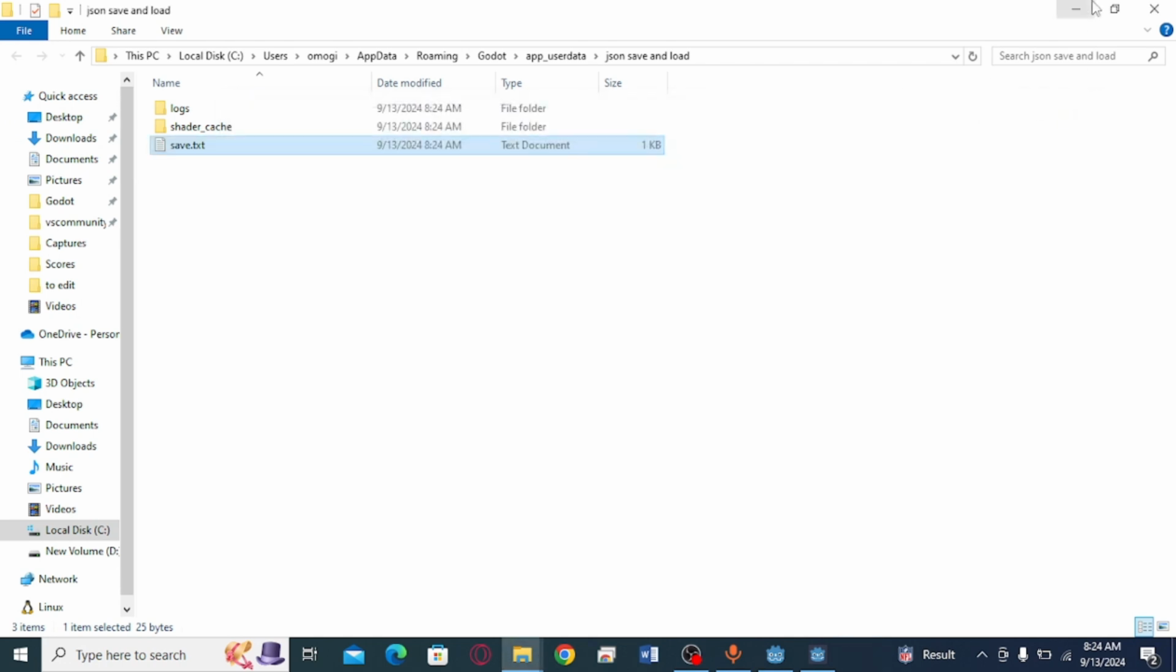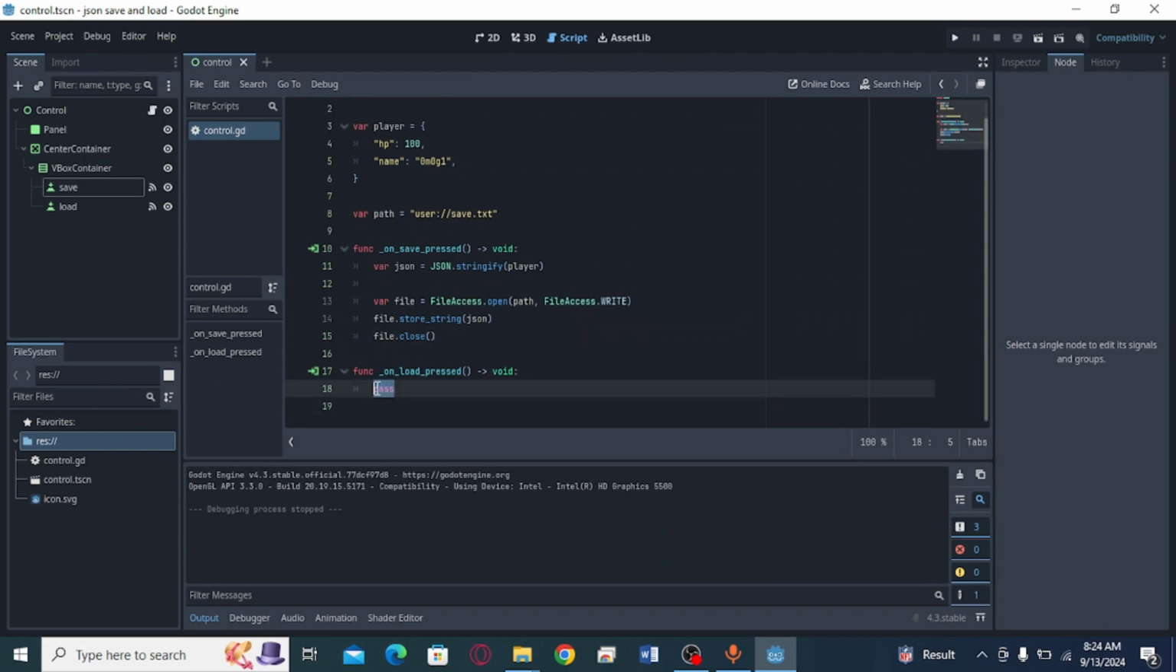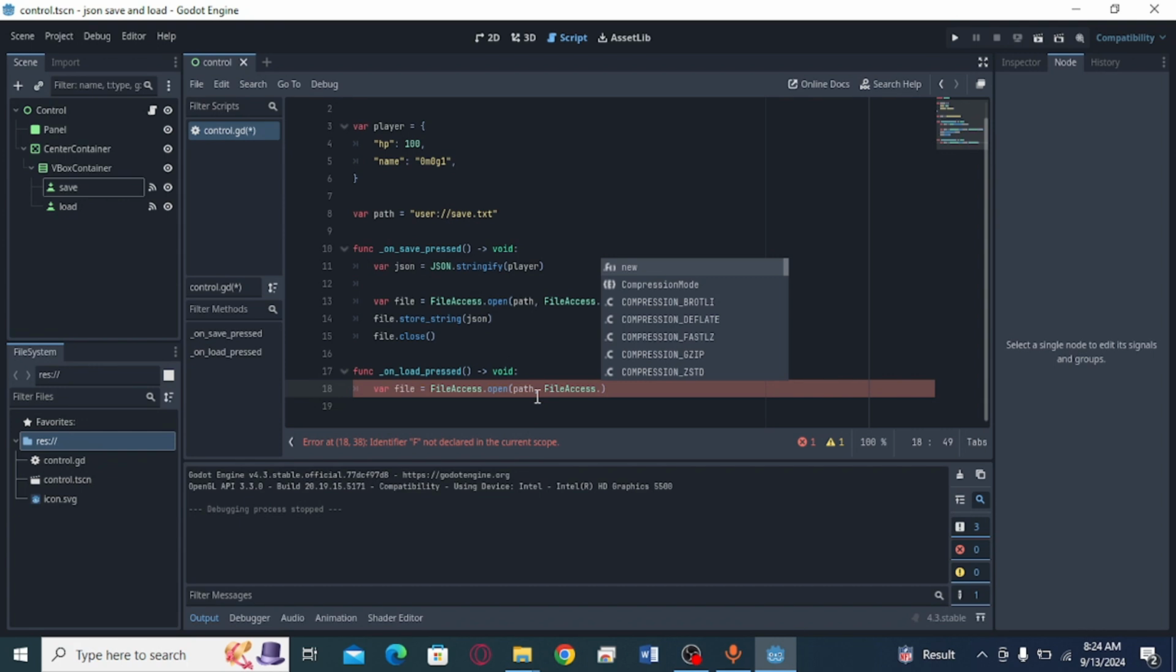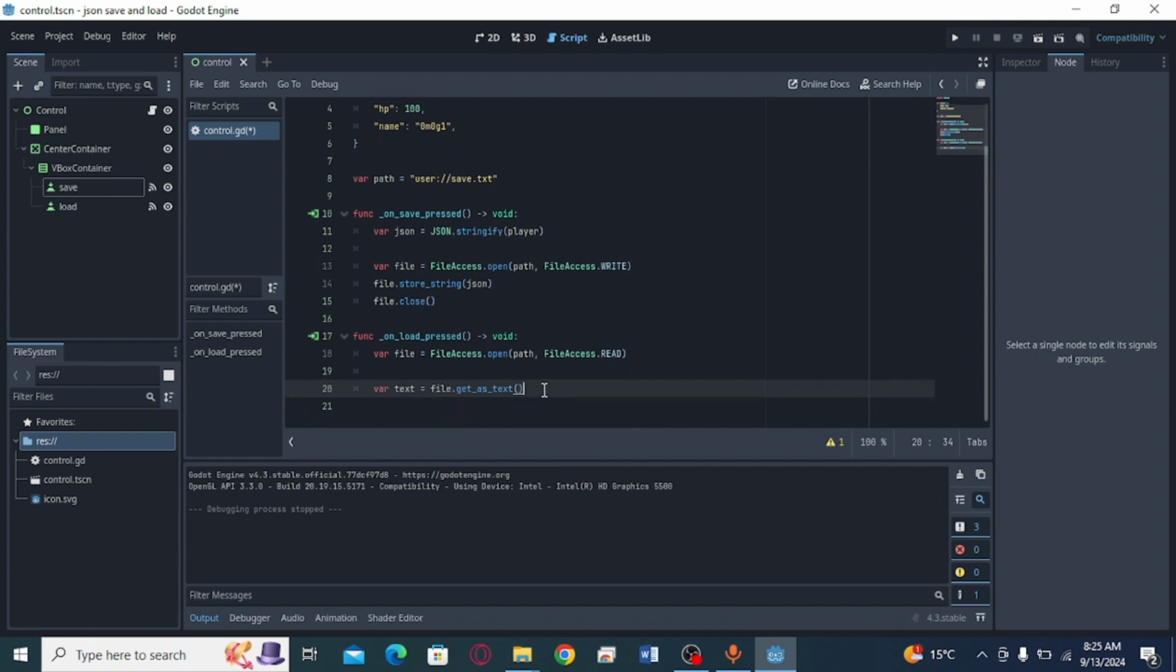Yes, we can. So how we'll do that is we'll just minimize this, and we'll say when we press the load button, we'll just say var file is equal to FileAccess.open, and then we are going to open up the same path where we saved. So this one over here we saved in, and then instead of opening in write mode, we're going to open it in the read mode. So FileAccess.READ because we're reading file data from it. And then finally, we are going to create another variable called text, which will be equal to the file.get_as_text. So we'll be basically getting the entire file as a text, and with that we'll be getting the JSON string